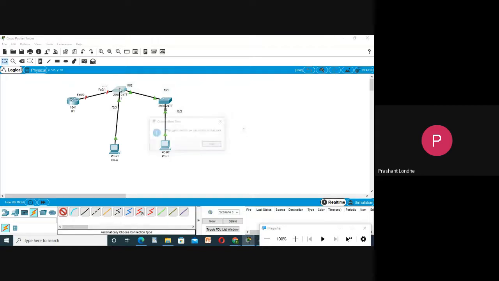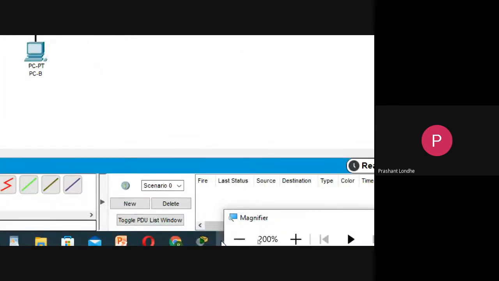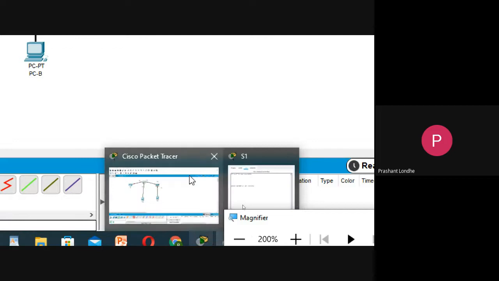All the available ports, that is fast Ethernet 0/4 to fast Ethernet 0/24 and gigabit Ethernet 0/1 and 0/2 will be assigned to the VLAN. What is the meaning of the assignment? It's just like you are allowing the access to that particular port.